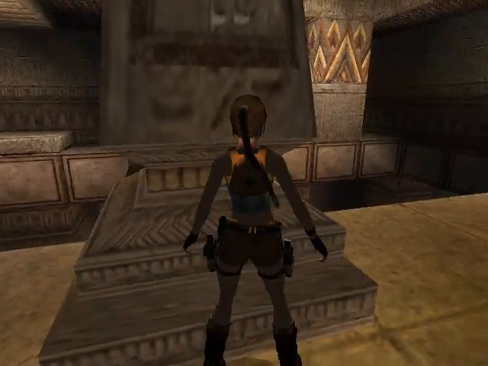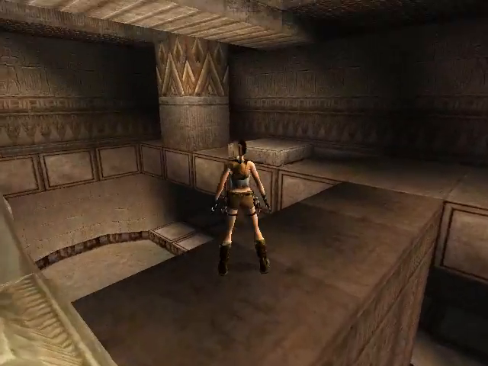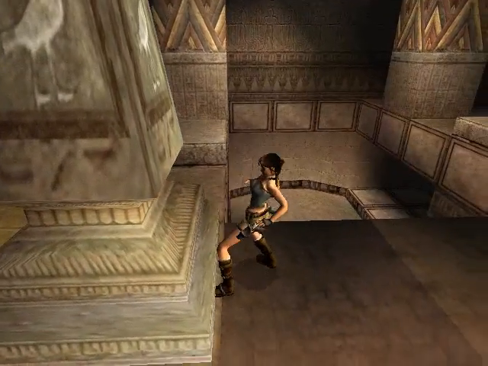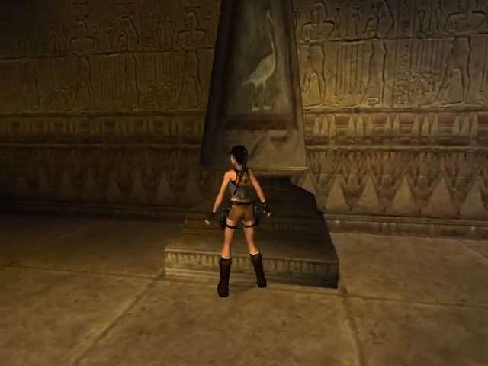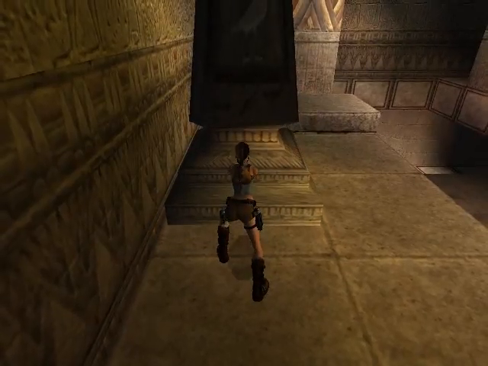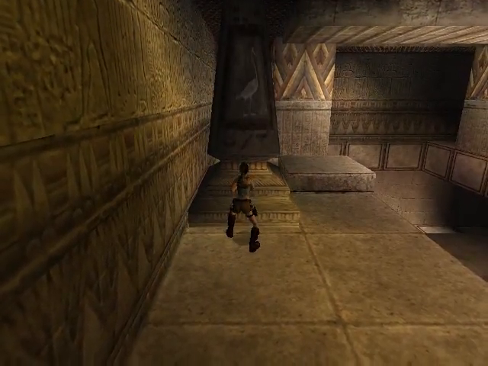Lara. Jump. This is all right, but the problem is you've got to do the push-ins. And this is a bit not conducive to very good fun, pushing things about. So that goes on to the tile there,